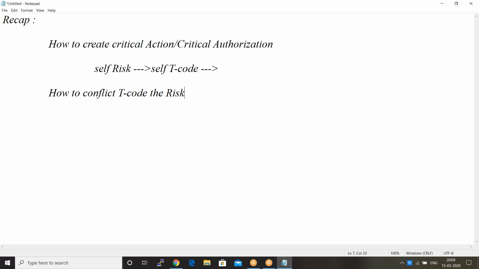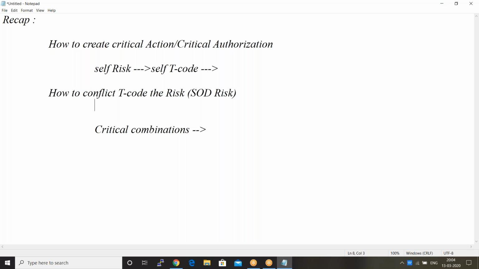So next we go for the critical combination. How can I take more than one object or more than one transaction and make a criticality? How can I do that?